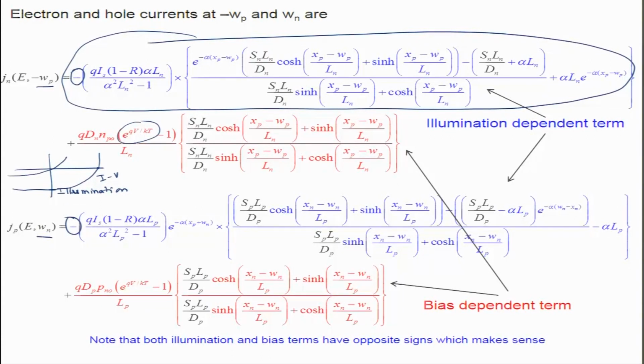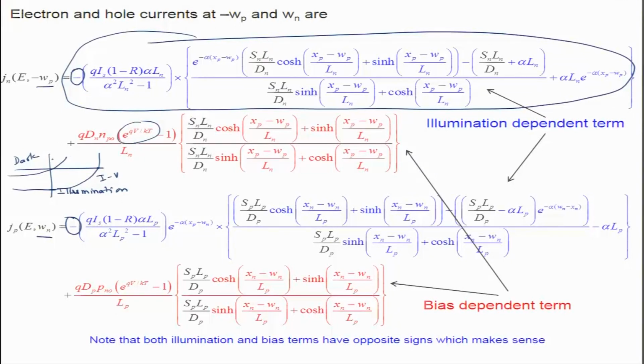Okay. So when you fix I, then you should obtain an IV curve like this. This would be dark, this would be light, and whatever is extra coming is because of illumination. So this shift from this side to that side is because of the illumination effect, and we are lucky to have these two terms independent of each other, so that they are easy to analyze.